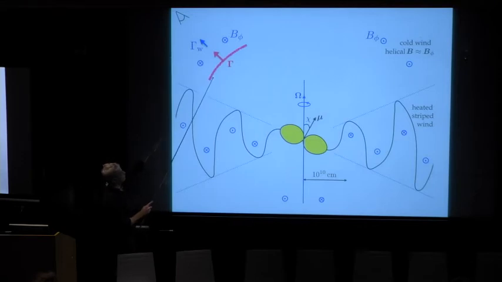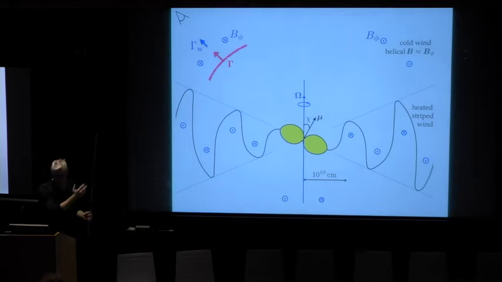And I think it's the best place to produce an FRB when something flares here and launches a blast wave. It goes through this helical cold wind, sweeps up this toroidal magnetic field that flows away from the star. And this is this gamma, which, as I will show in the next slide, is about 52,000, and this is about a few tenths gamma wind, and then it drives the FRB